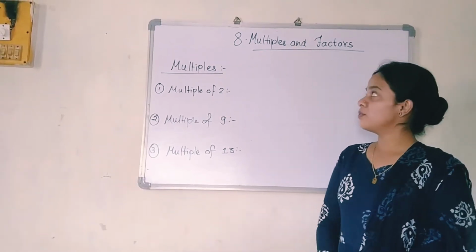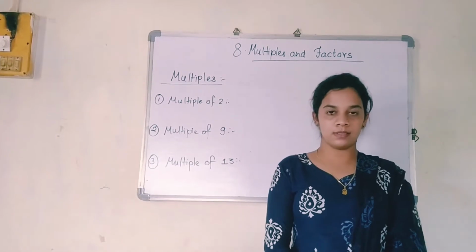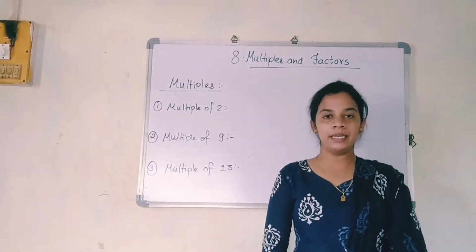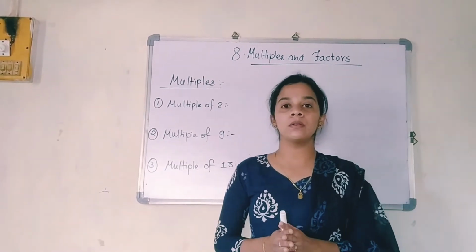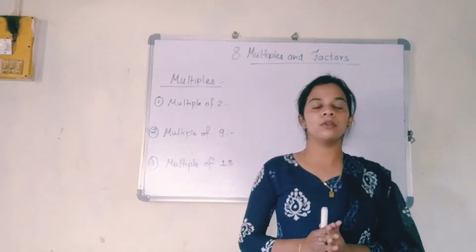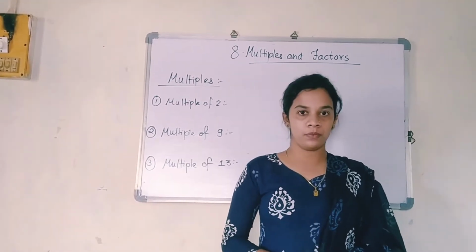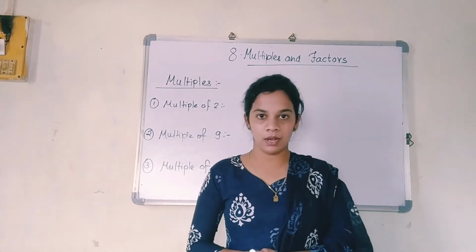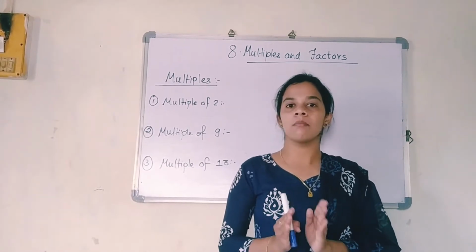Welcome all. We are going to start our next lesson, that is multiples and divisors. So the first part of it is multiples. So what are multiples? Multiples are the numbers which are coming in the table of that particular number. For example, if you want to find out the multiples of 2, you are going to write down the table of 2. So the numbers which are coming in that particular table. Now you might be thinking 2 tens are 20, this is the last number of a table.